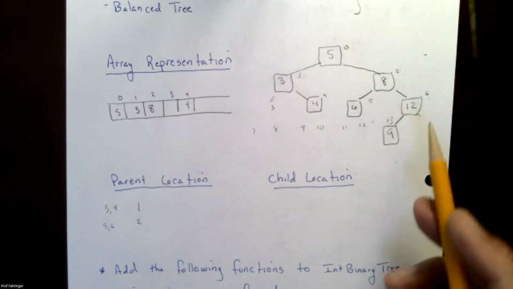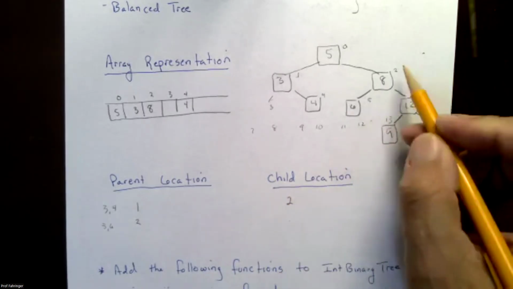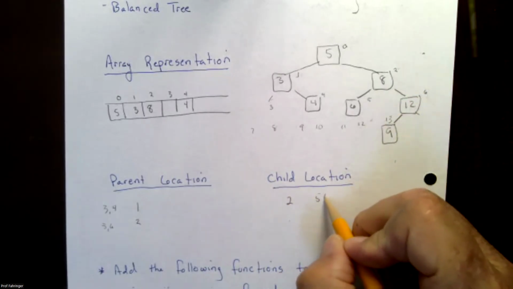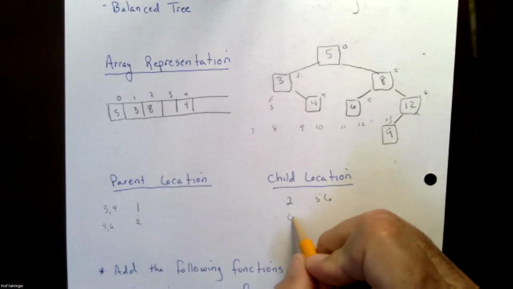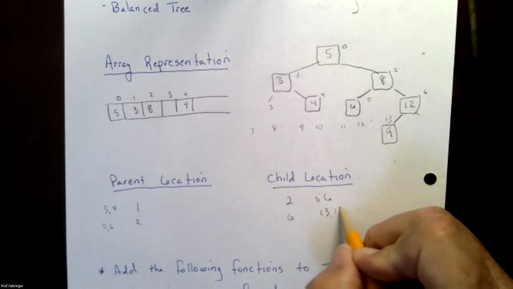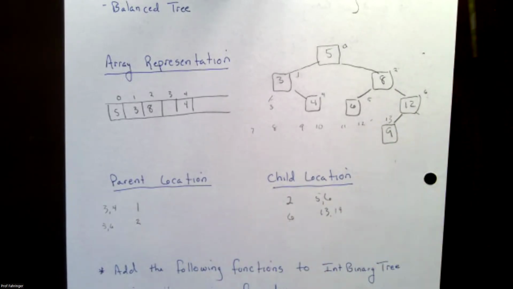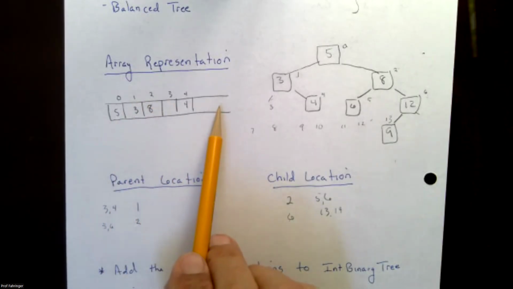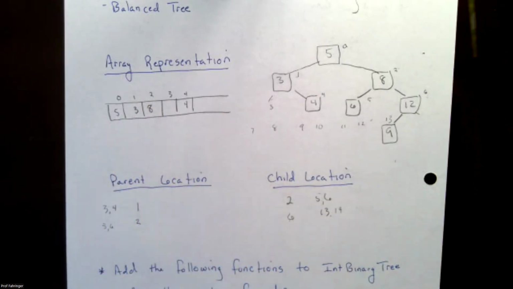What about children? 2 has children at 5 and 6. 6 has children at 13 and 14. So if I'm working with an array representation, I need to know how to get to a parent or how to get to a child if I'm inserting or deleting. But I need to know how to get to that location. So the parent of 3 and 4 was